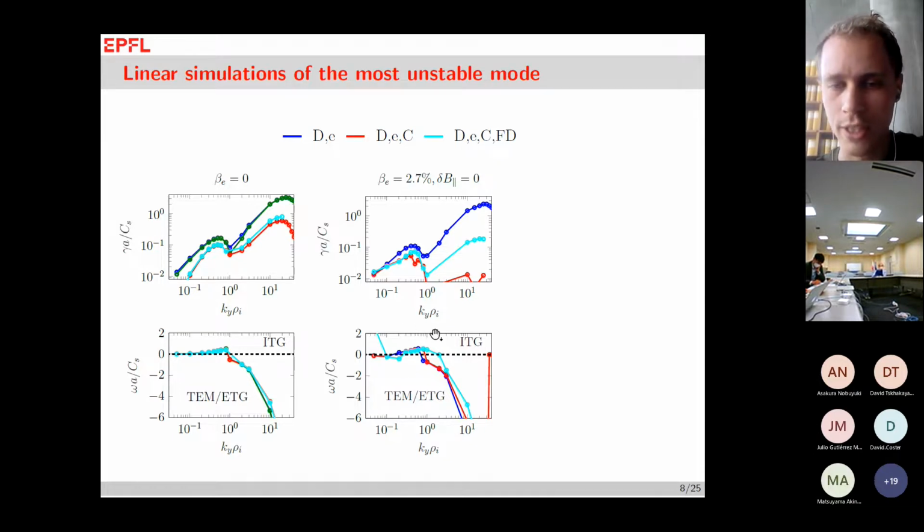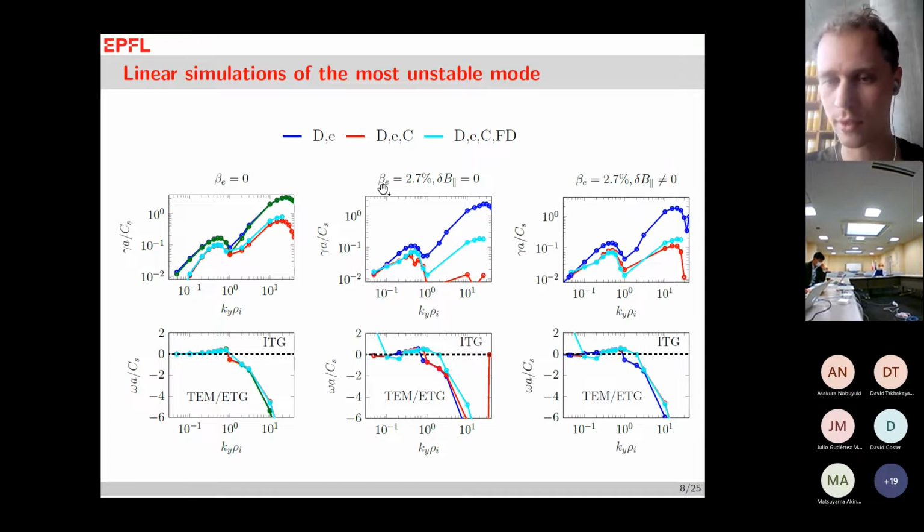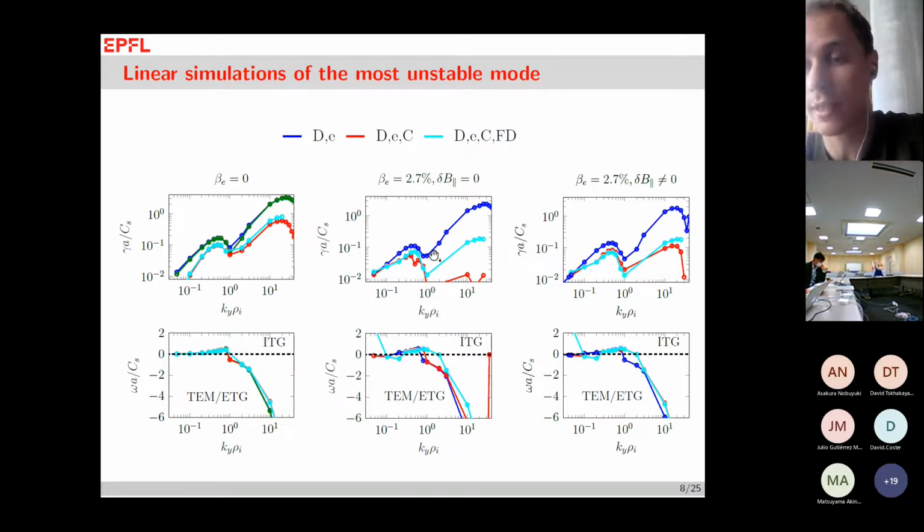We still have an ETG scale sort of in the middle, and then a TM/ETG scale coming up here at larger QIs. Now, this is still without compression magnetic field fluctuations. If we also include that, we get to this final result here shown on the right. And what you can see is that the biggest difference is in fact for impurities. So at ETG scales, we don't have these low growth rates, but they become much larger.